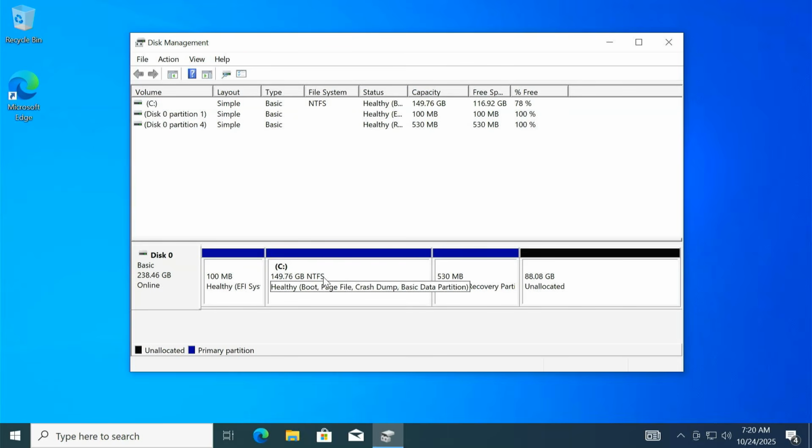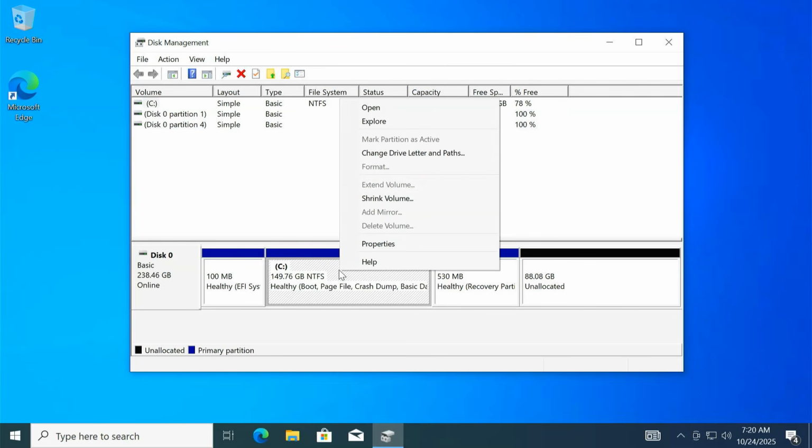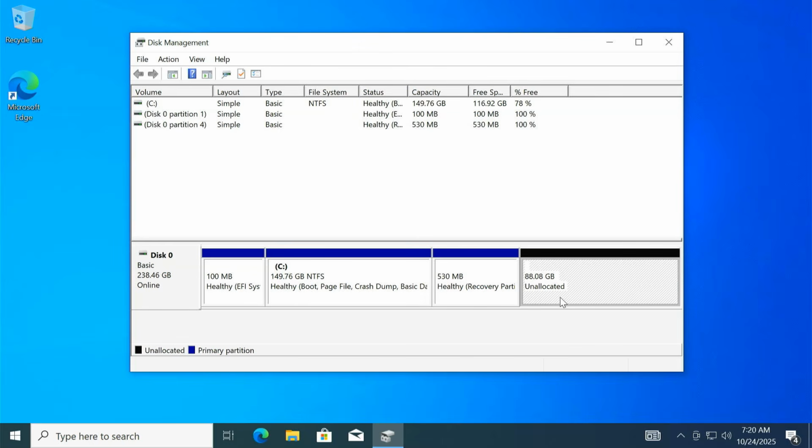Have you ever tried to extend your C drive in Windows, but the extend volume option stays grayed out even though you have unallocated space available? If that sounds familiar, then this video is for you. Today I'll show you how to fix this problem completely using a free and safe tool called Gparted Live. You don't need any paid software and you won't lose any data during the process. So stay with me till the end, and by the time we finish, your C drive will be finally extended